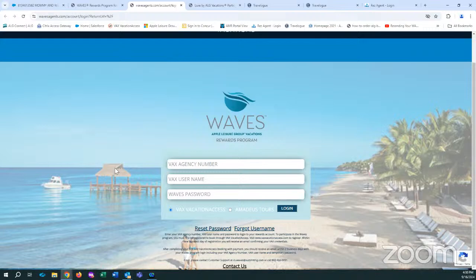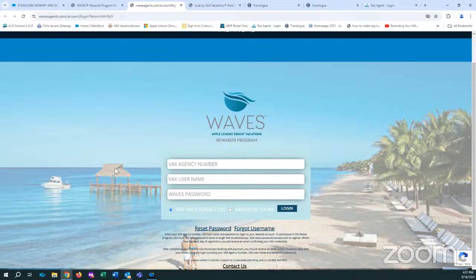Points are assigned after the customer returns, much like our commissions are sent out to Mommy and We Travel, hopefully, Tyra, on the ACH on the direct deposit, after about 7 to 8 days after the client's return. And the same way with the Waves points, they are automatically assigned at that point. But I think you can see them as tentative. It'll show you, okay, we've got these Waves points from the Smith family that are going wherever. And then once they actually complete their travel, boom, it'll appear as live points that you can do something with,